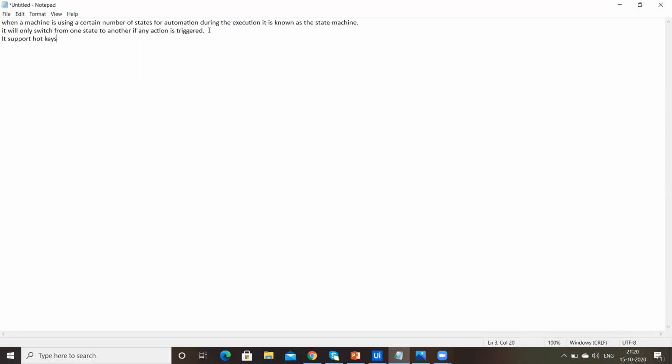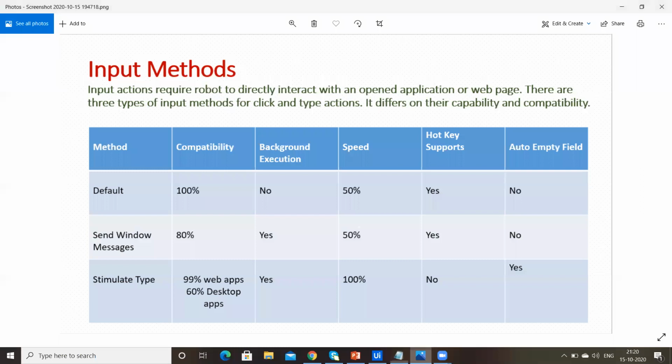After that it presses enter and it will type it supports hotkeys. So coming to hotkeys, the default method supports hotkeys.